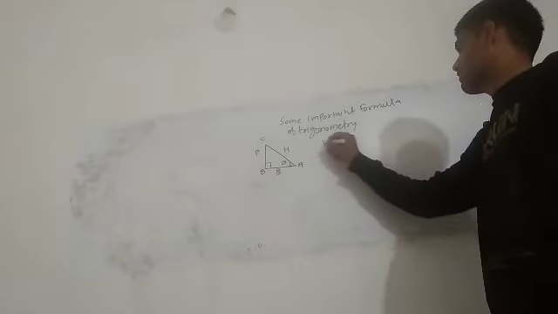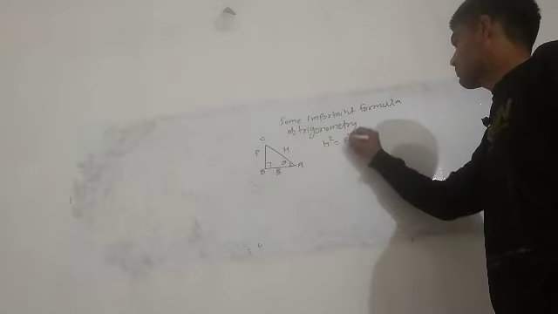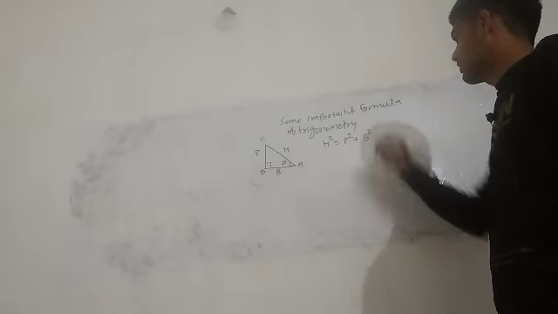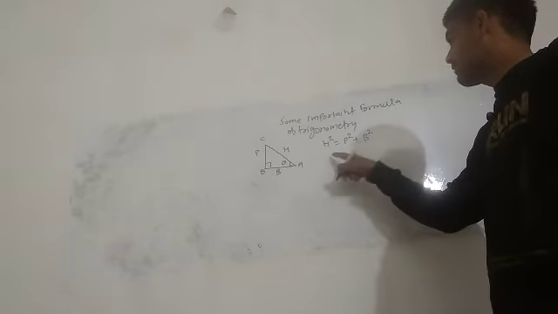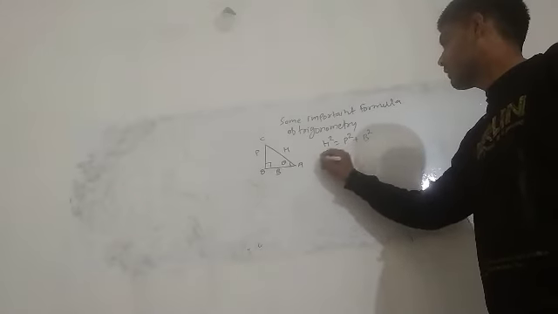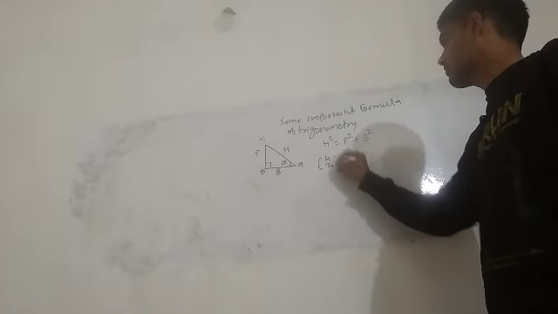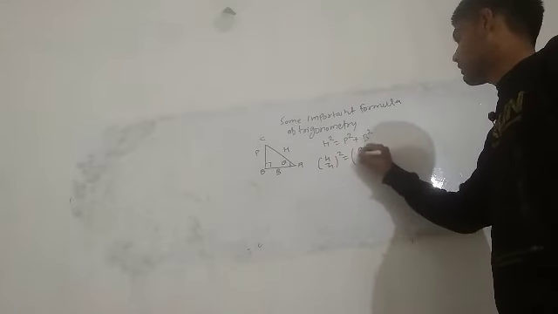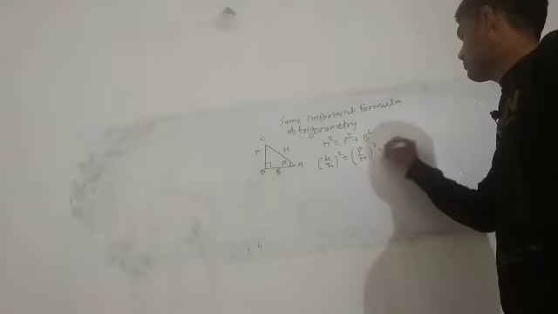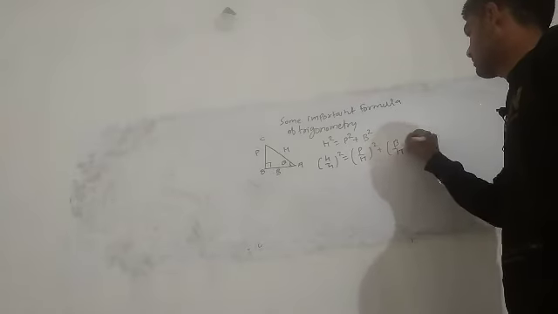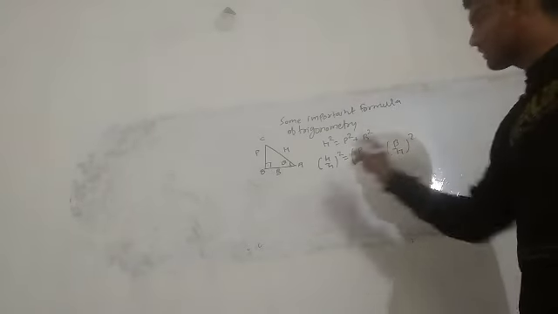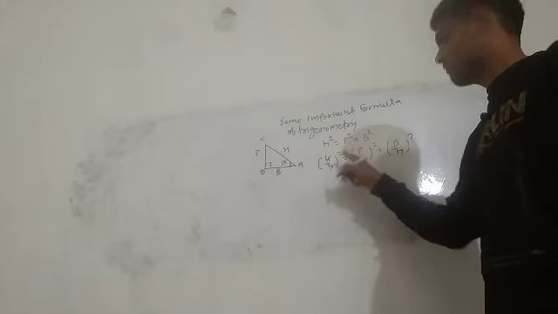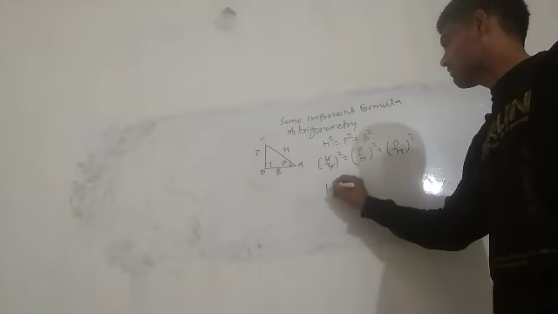We know that hypotenuse square equals perpendicular square plus base square. Dividing both sides by hypotenuse square, we get hypotenuse upon hypotenuse, perpendicular upon hypotenuse, and base upon hypotenuse. Is that clear? Hypotenuse to hypotenuse cancel out, 1 will come. So the square of 1 is 1.